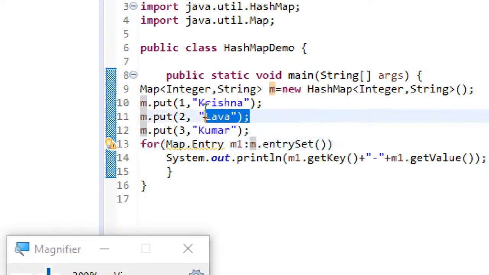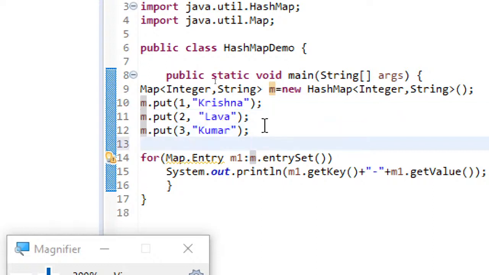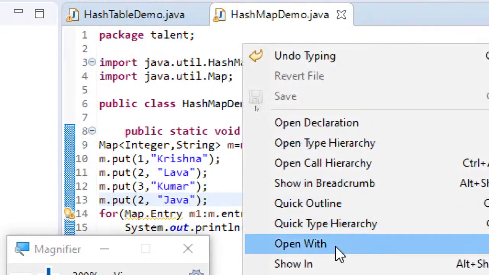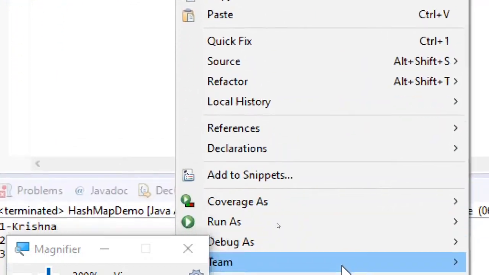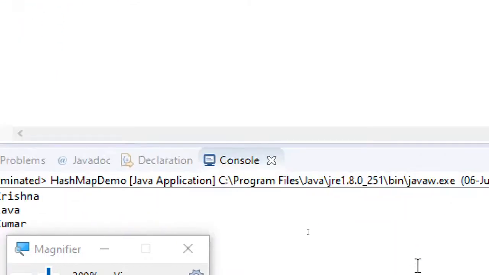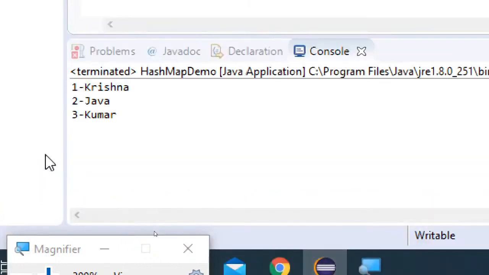Now what we'll do is try to use the same key and insert it and see whether it will be performed or not. Here instead of Lava, I'll just change it to Java. Okay, now I have used the same key. Now let's see what will happen. So you can see what has happened.